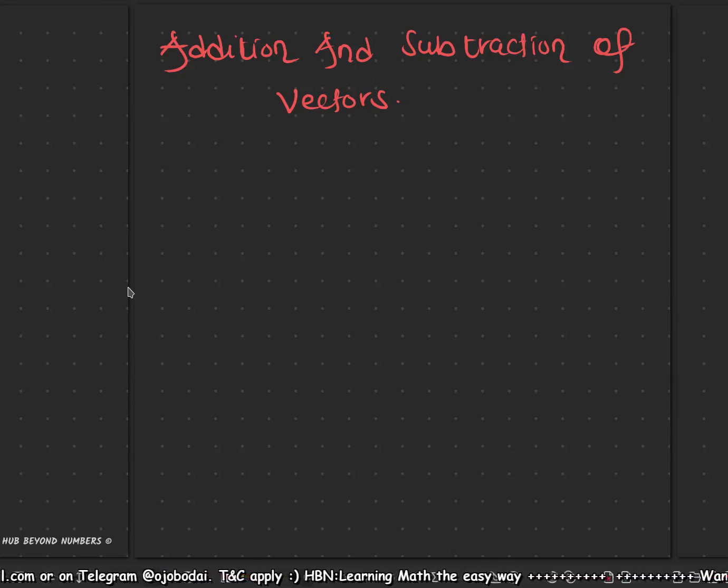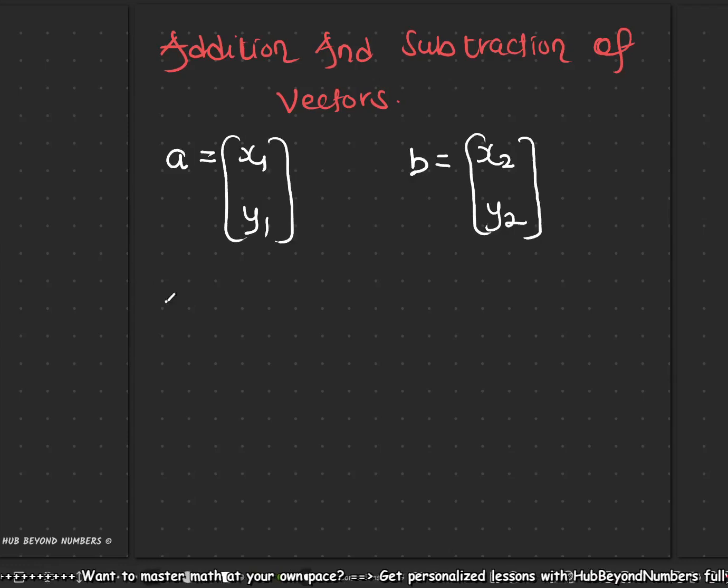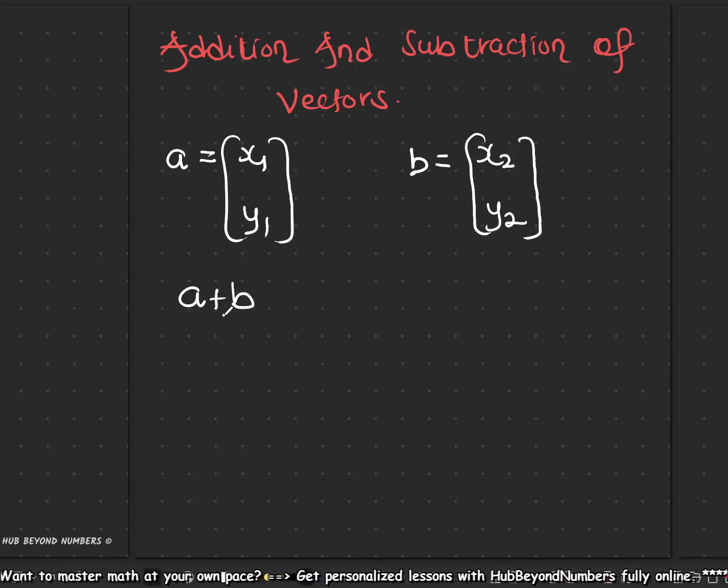In this video, we'll be looking at addition and subtraction of vectors. Addition and subtraction of vectors. So let's say we have two vectors, vector A and then vector B. With these two vectors, if we say we are adding A to B, we are adding B to A,